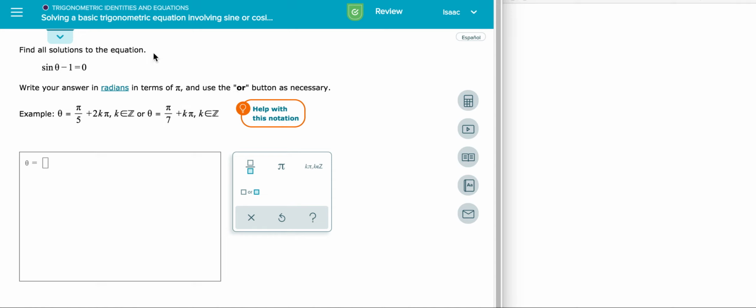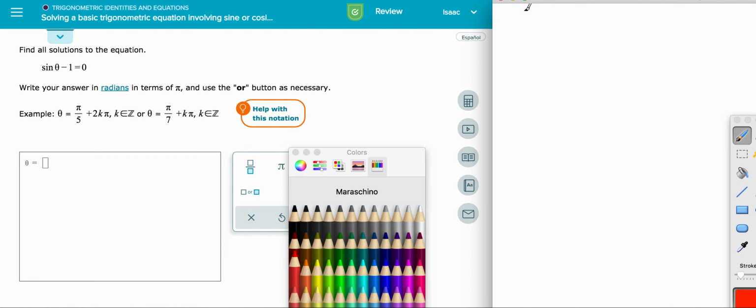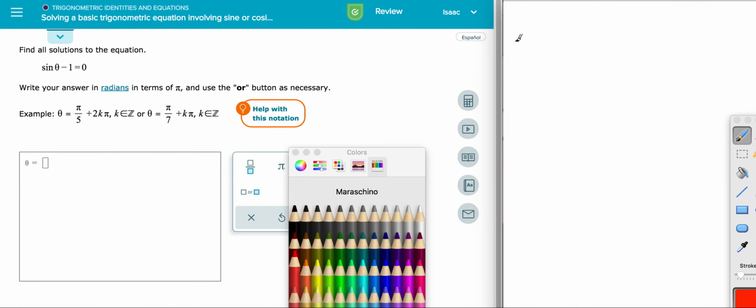To solve a trig equation, it's kind of like solving an equation for x or y. Just a couple little extra pieces we have to consider. Okay, so like sine theta minus 1 equals 0. So if you treat sine theta like the x, like the variable, we would add 1 to both sides to get it by itself, right? So you get sine theta